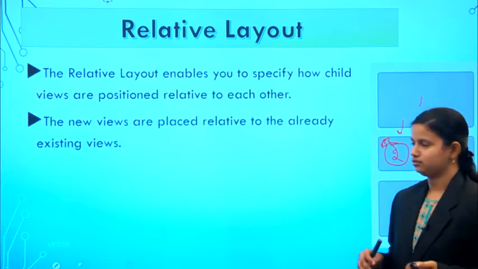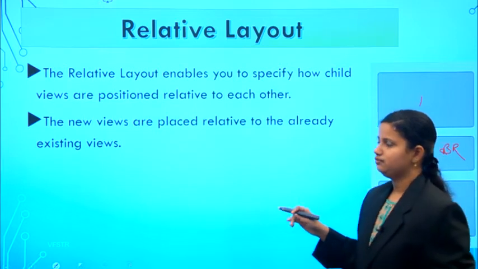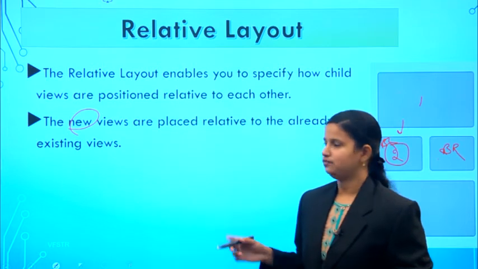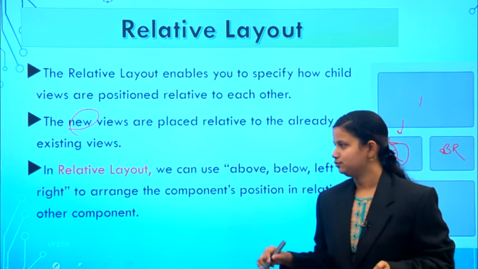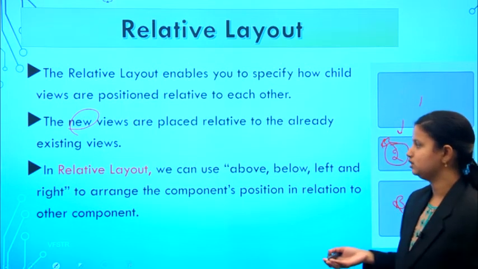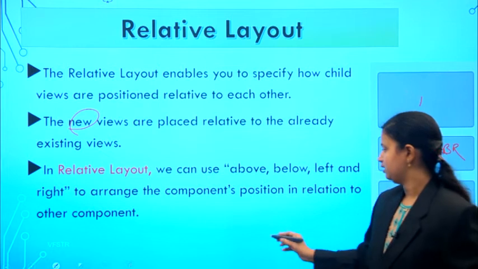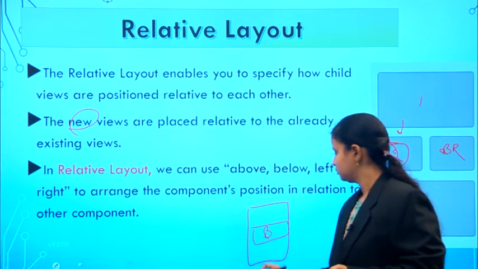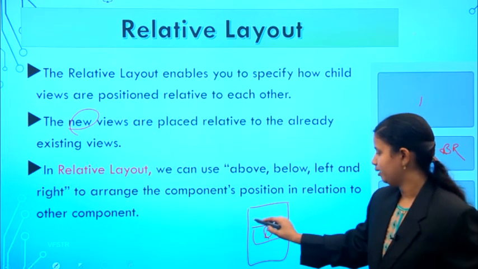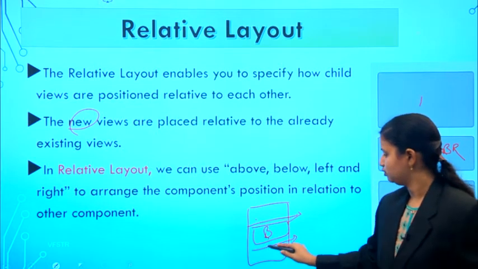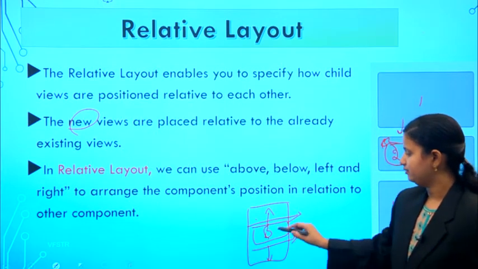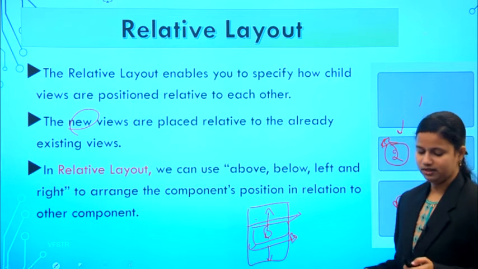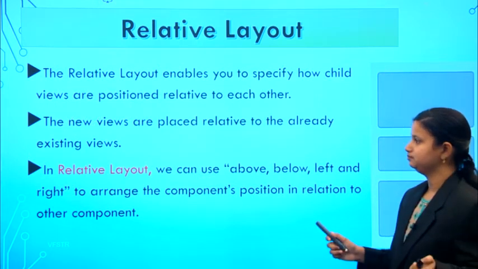And this one is also about existing views. Whenever you are seeing this one, the views are to be added. So new views are added based on the relative position of the existing views. And in that relative layout, we have to see what the existing positions are, and what the relative positions are corresponding to the elements. So if you are writing one button, what are the relative positions to this button? Above, first thing, and below. So we are adding above or below, and we also have left or right. So these are the different relative positions available.